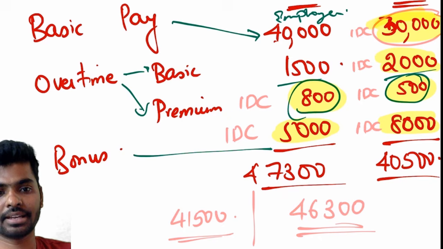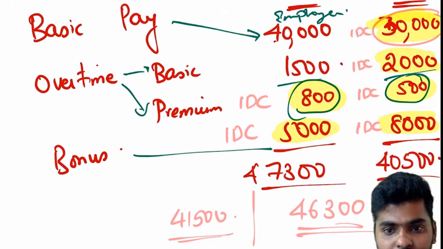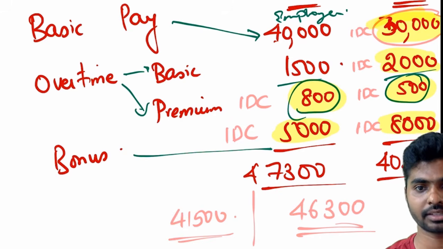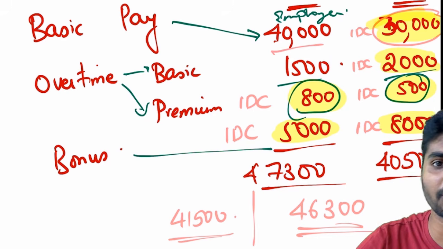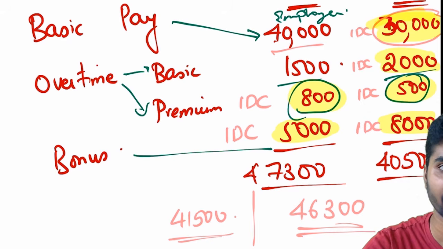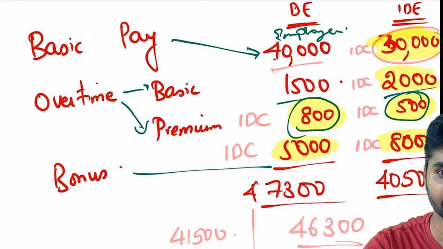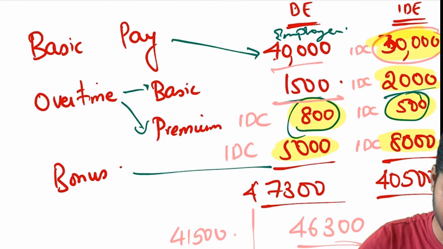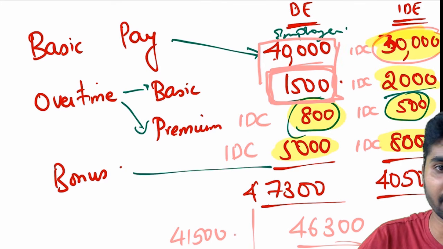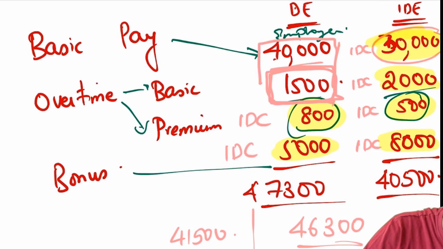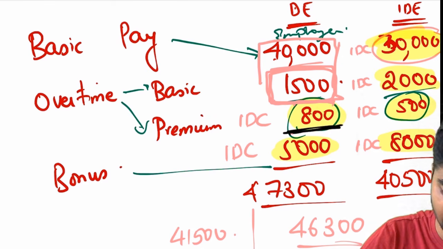My basic pay, I told you guys, this I have no problem because you're paying it to the direct employee. This is again part of my direct wages. This is again going to be part of my direct. Only these two. Overtime premium, nothing is given. We assume it to be part of the general cost. Bonus, I have